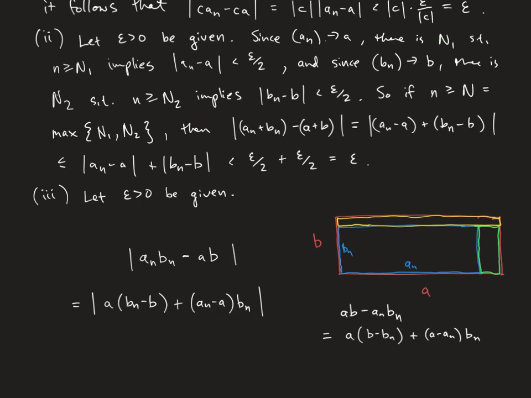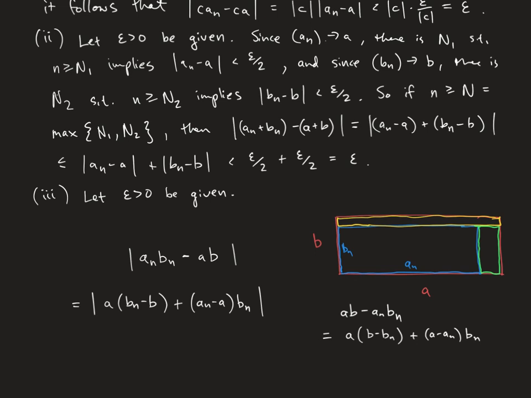Okay. And so all we did here essentially is add A times Bn and subtract A times Bn at the same time. Okay, so if we had done the green rectangle up here and the yellow rectangle cut off a little bit smaller, I think what we would have done there is add A and B and subtract A and B. So it would just give you a slightly different expression, but one that would also work.